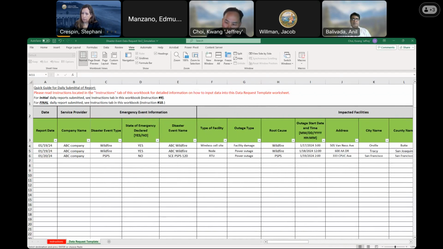And on day 4, which is January 22nd, if one of your facilities is affected by wildfire, you can update the data like this.